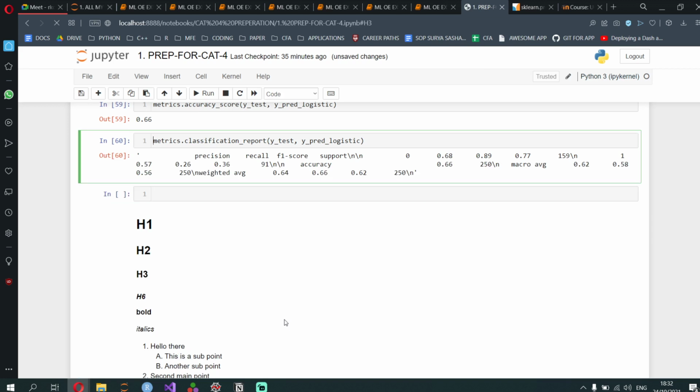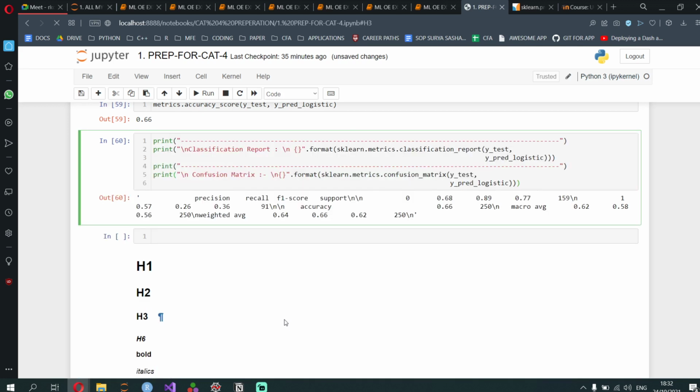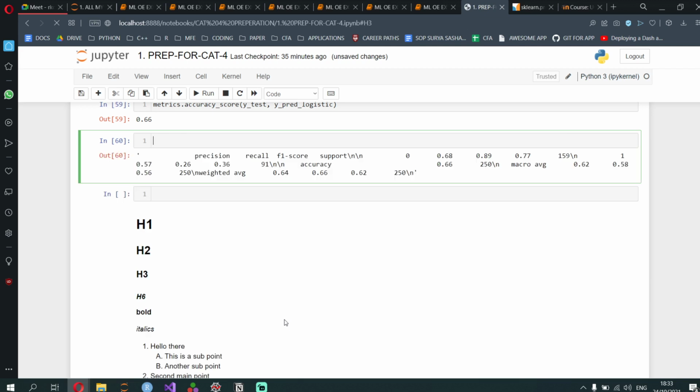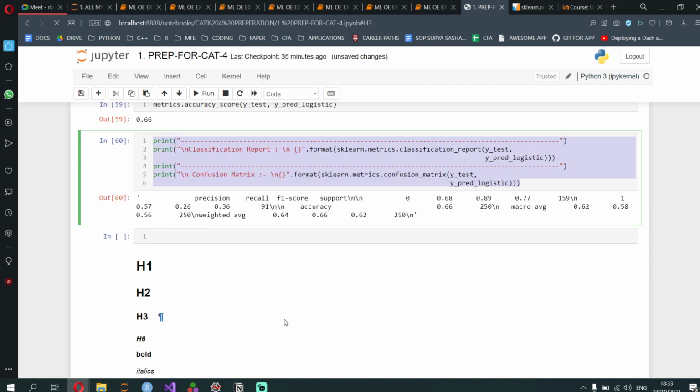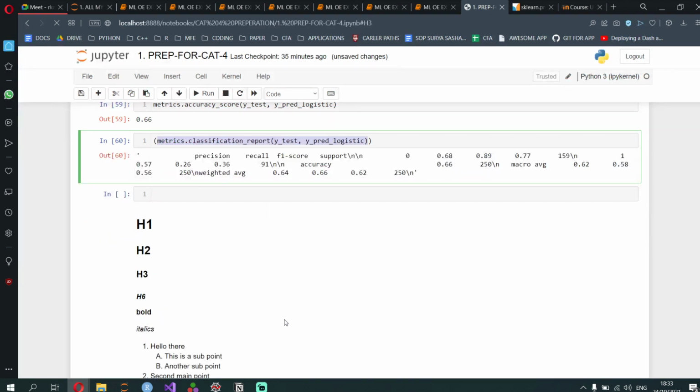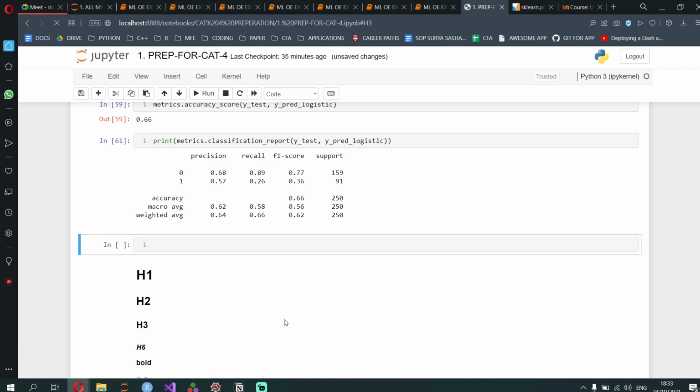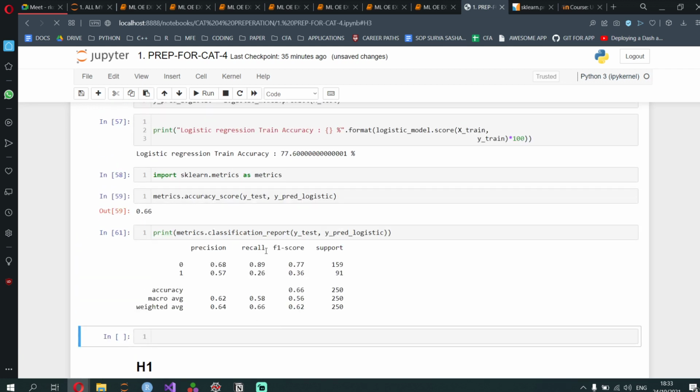Okay, I know what has happened. Print. So you need to put print for classification report to get it in this neat form.